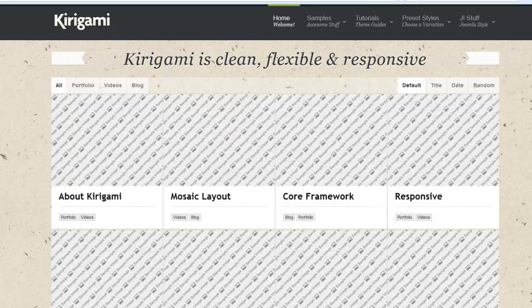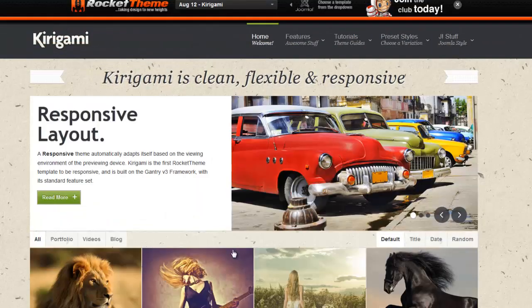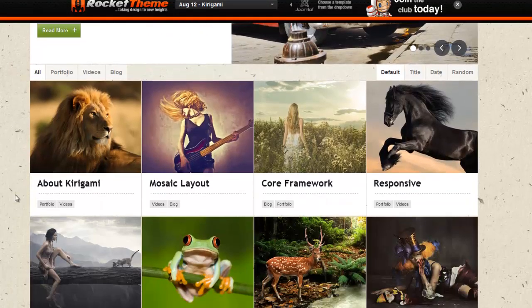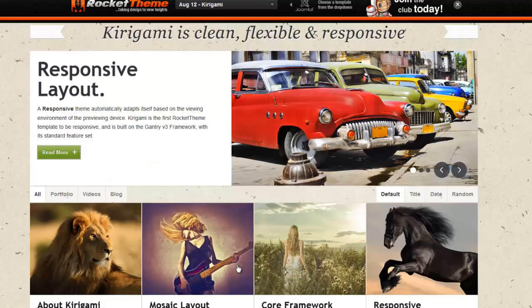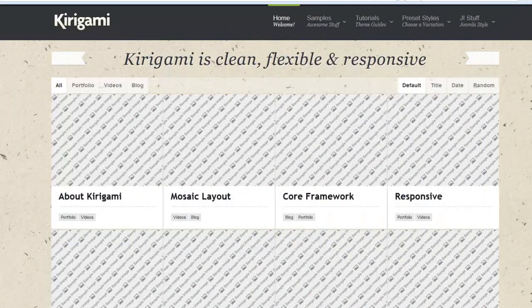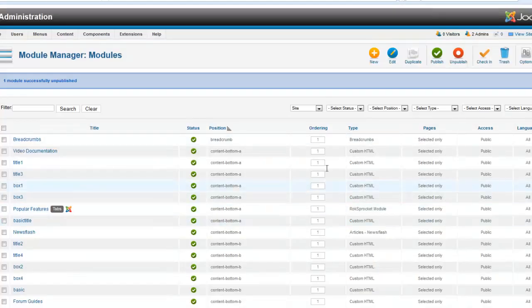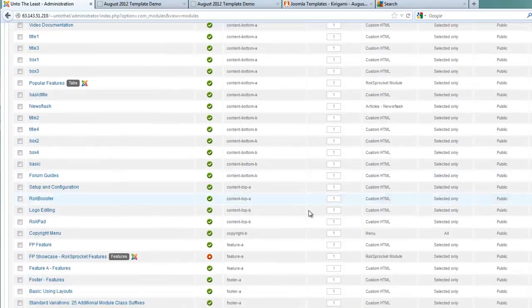Now let's say that we maybe want to put that slideshow back in, but we want to put it below this area here. We want this to be the main thing that people see. Again, if we were to bring in the site to show you a little better with the pictures. Let's say we wanted this whole area to rise to the top and stay at the top, but put this slideshow below this. How do we do that? Well, again, it is controlled by the module positioning. Let's first of all turn it back on,